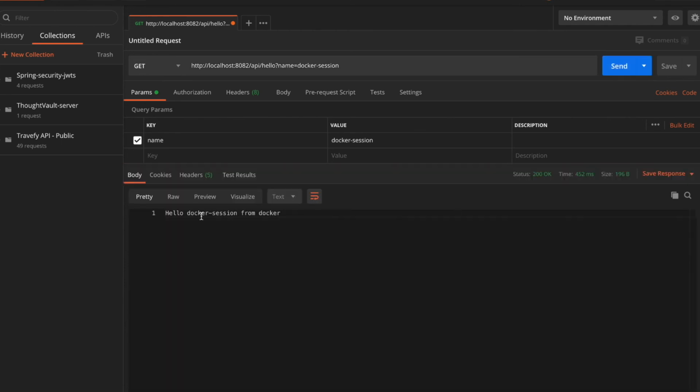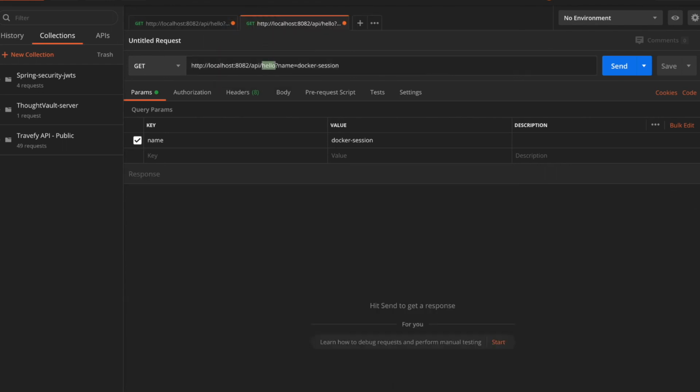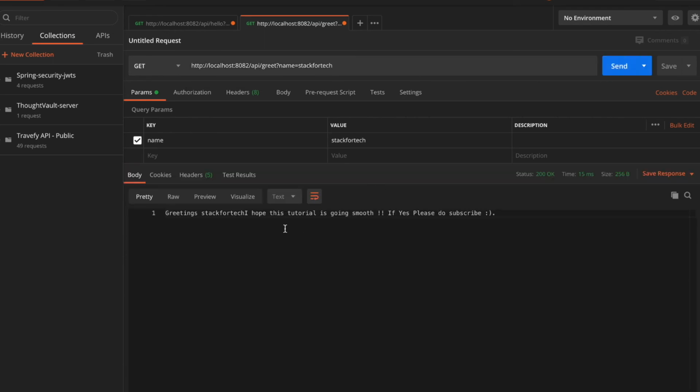It says hello Docker-session from Docker. I'll duplicate this tab. There is one more API inside that, which is greet. Let me give the name as stack for tech, and if I invoke this, it says greetings stack for tech. Okay, this is giving the response perfectly.